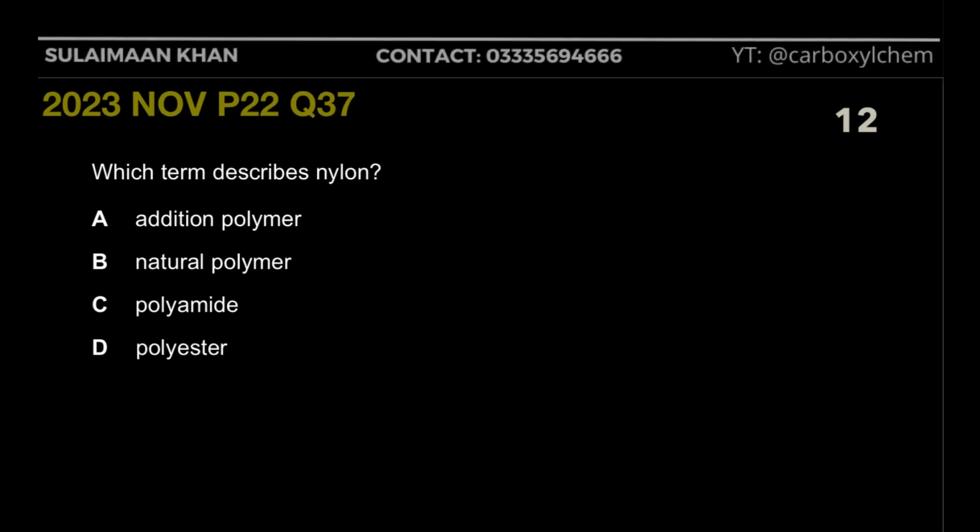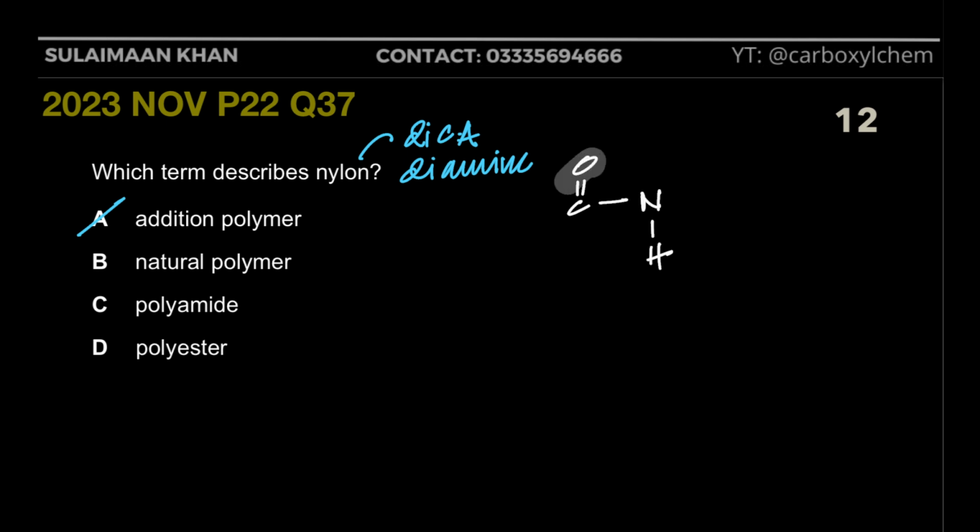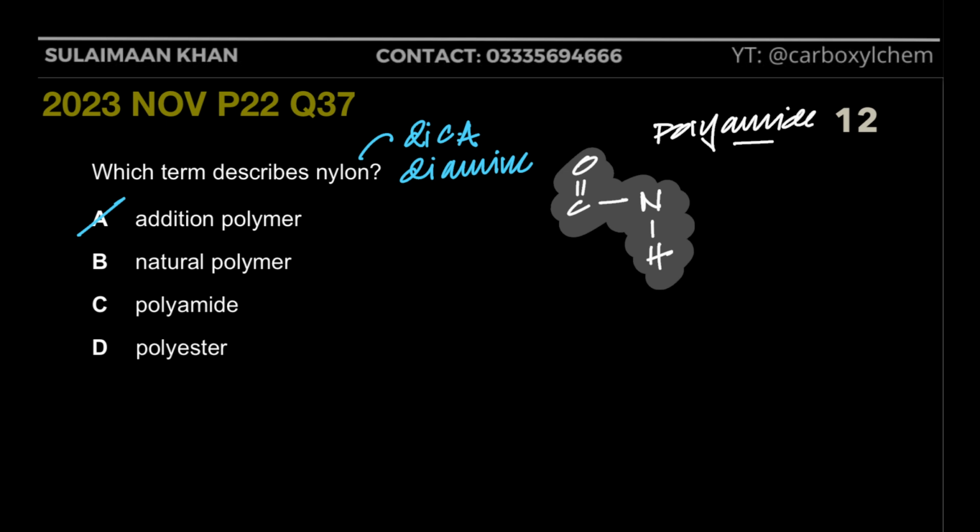Number 2, which describes nylon? Is it an addition polymer? No, sorry. Your alkenes undergo addition polymerization. Nylon undergoes condensation polymerization because it is made up of dicarboxylic acid and diamine undergoing a condensation reaction where a small water molecule is removed or eliminated, right? And the linkage that forms is basically a carbonyl carbon bonded to the NH, right? And that is why this nylon is also known as a polyamide, because this particular linkage is the amide linkage,